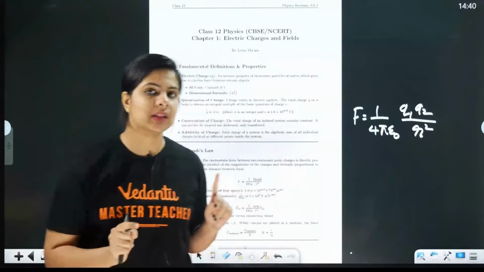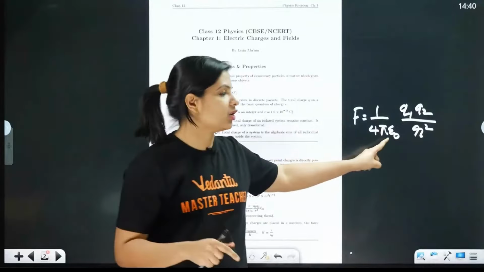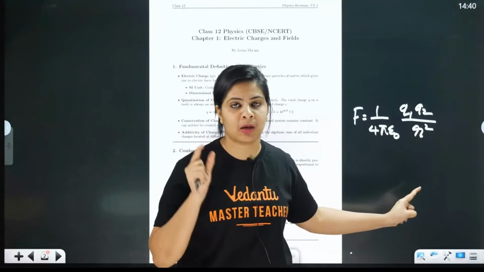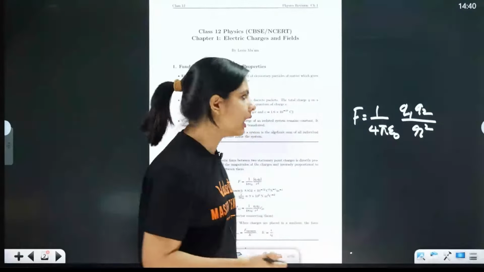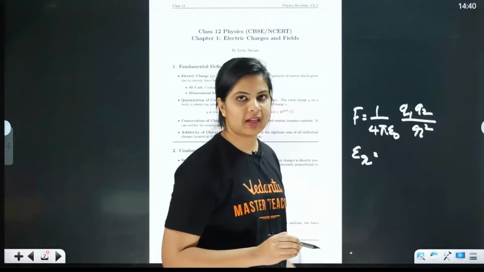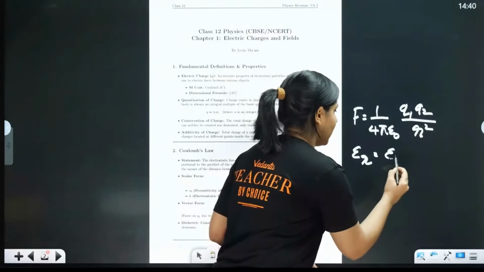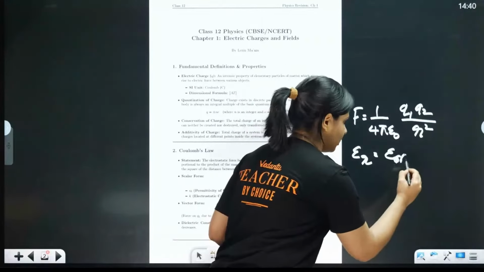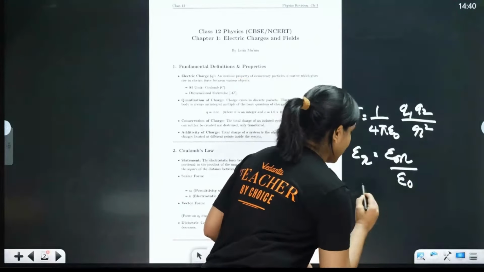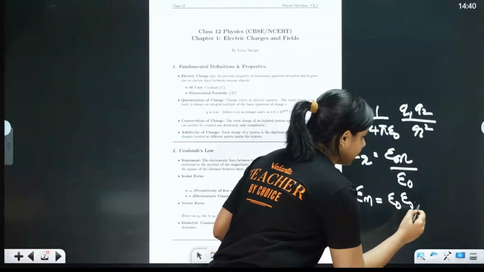And if we are not keeping the charges in air, or let's say in vacuum, then epsilon naught will become epsilon, the permittivity of the medium. And the relative permittivity, there is a new term we should study, or dielectric constant. I can write it as the permittivity of the medium divided by the permittivity of air. So the permittivity of the medium I can say is epsilon naught epsilon r.